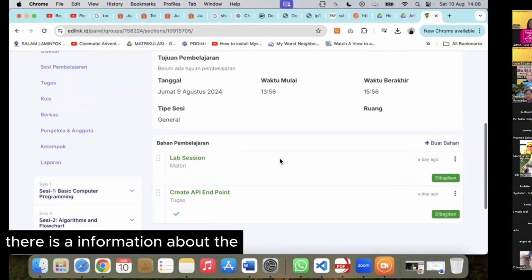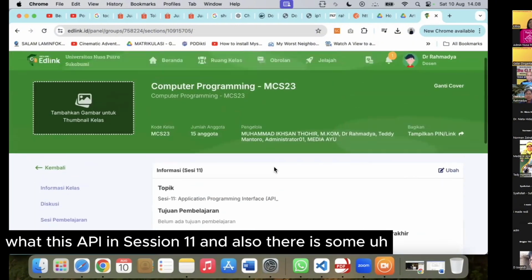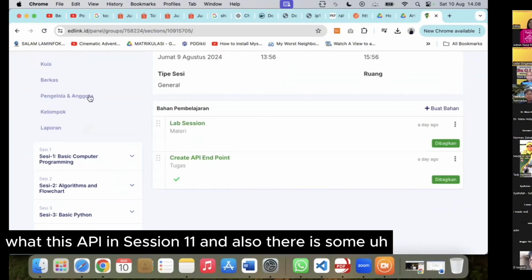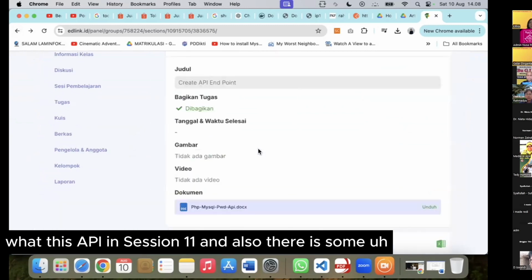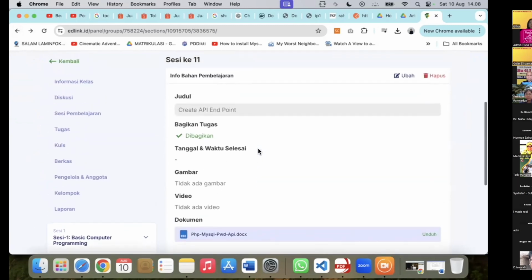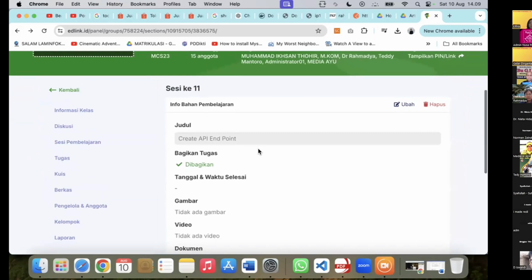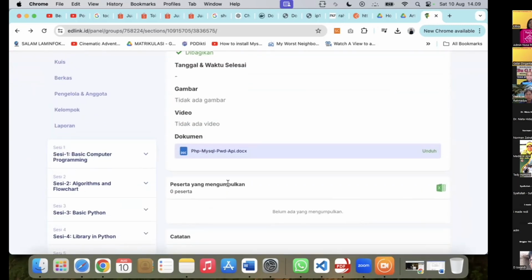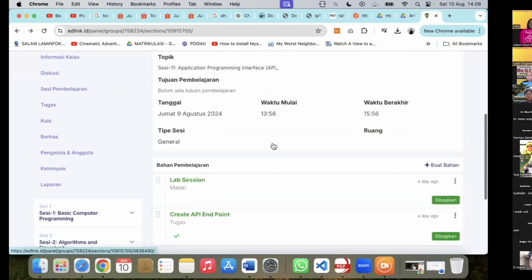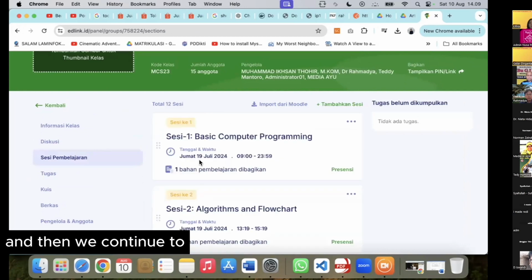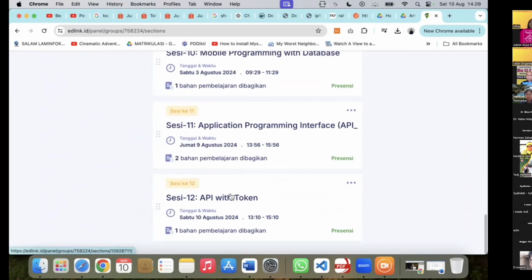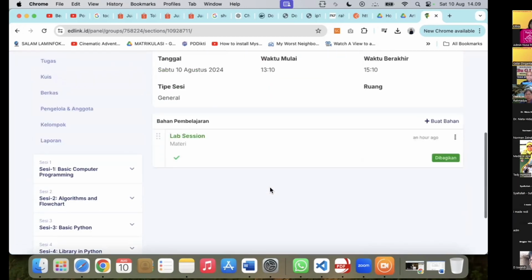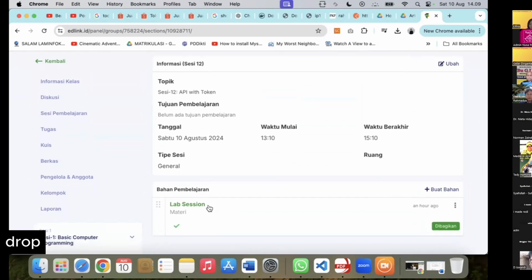There is information about what an API is in session 11, and also a simple mini assignment. And then we continue to session 12.